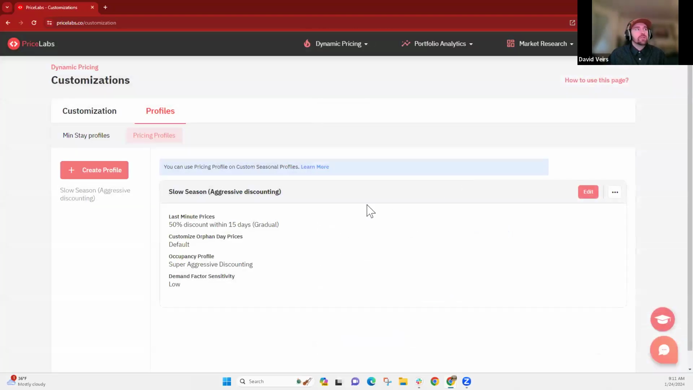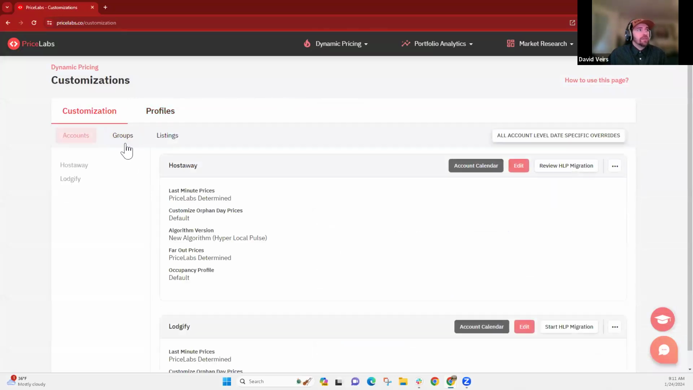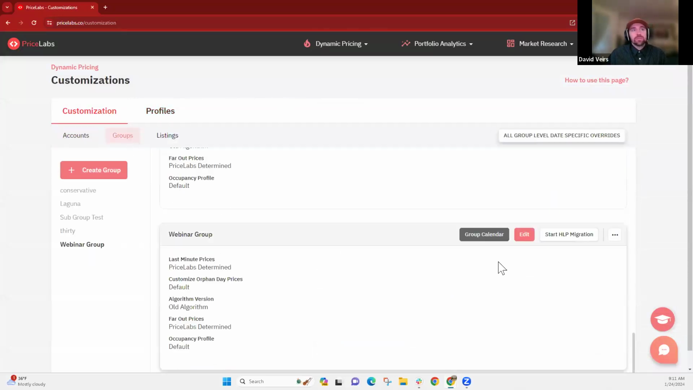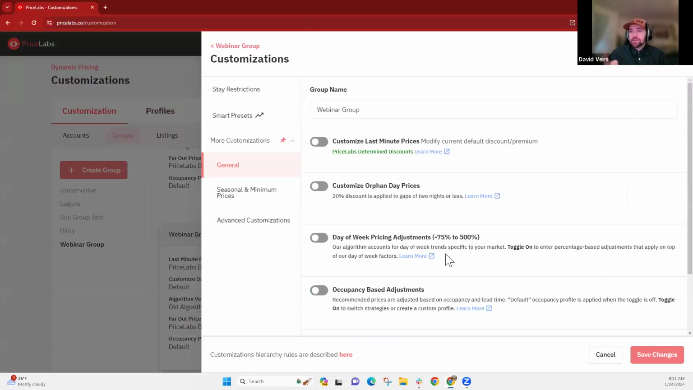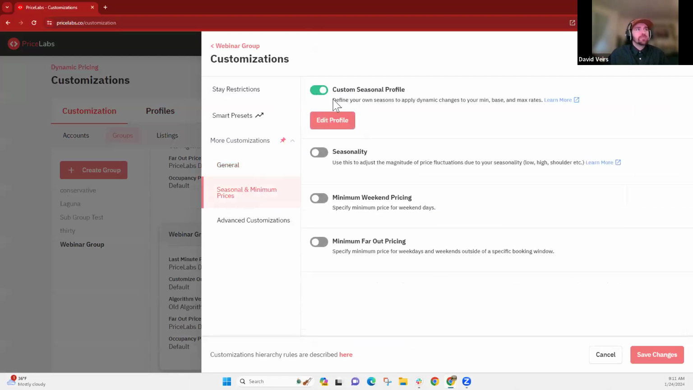I'm just going to close this instead of saving it. And then where you would apply it. So if I go to a group, I've got a webinar group as an example. You can set them at the listing level, group level, or account level, just like any of our other customization capabilities. But if I go here to this group, for example, and say I want to go to custom seasonal